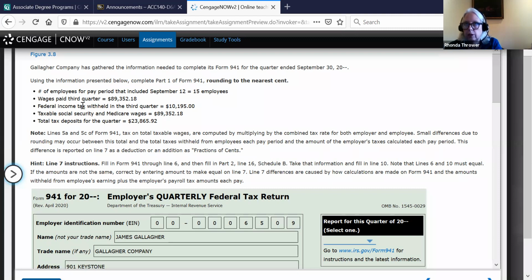The wages paid the third quarter are $89,352.18. The federal income tax withheld in the third quarter is $10,195. The taxable Social Security and Medicare wages are $89,352.18. The total tax deposits for the quarter are